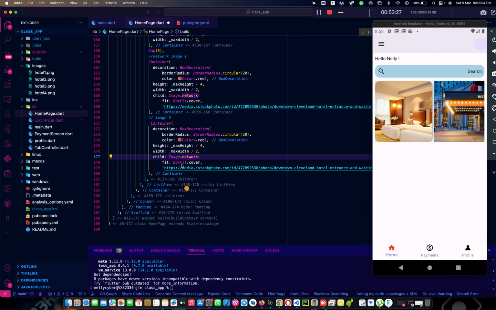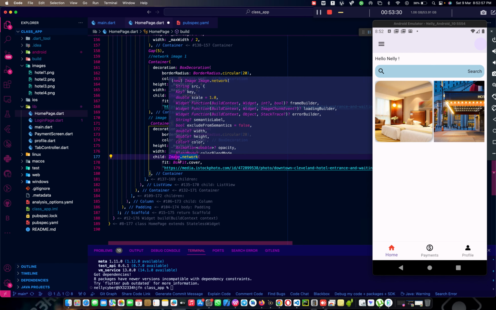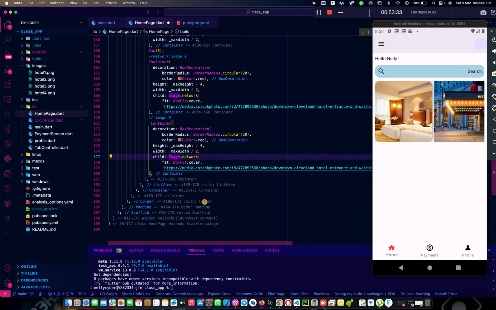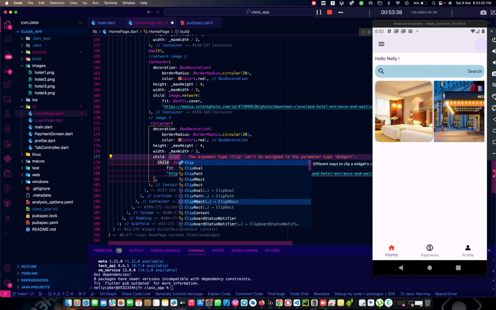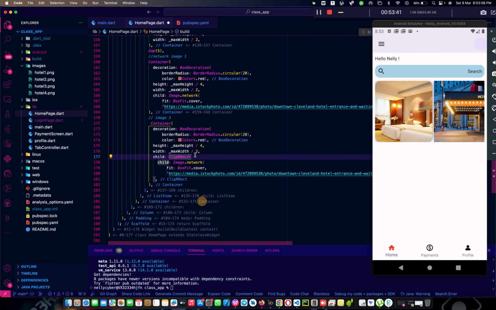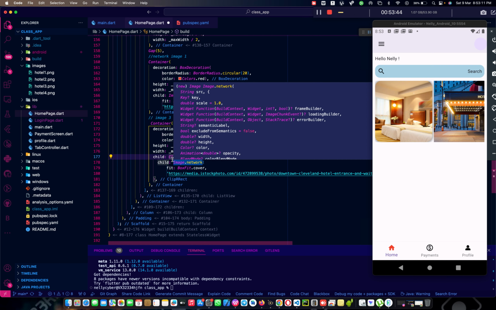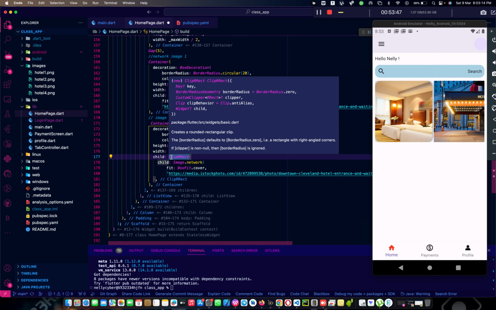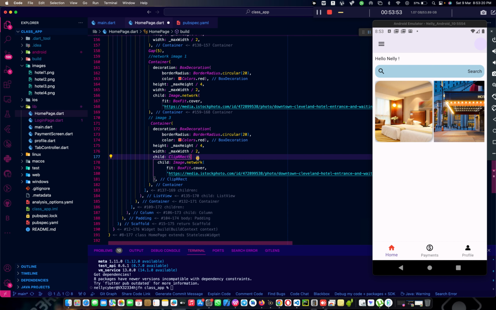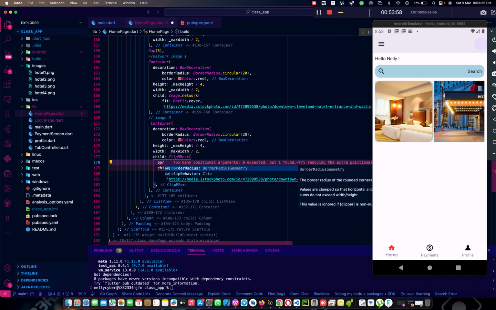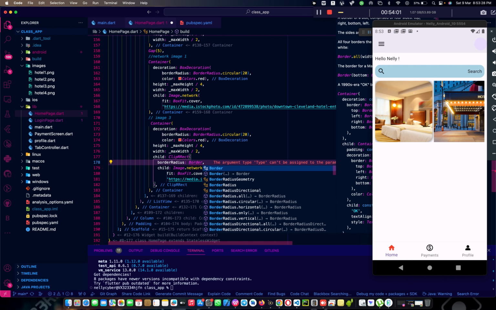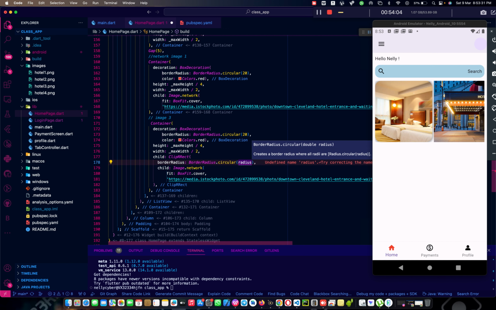Image.network as a child directly, we can actually wrap this into a widget called ClipRRect. What ClipRRect actually helps us, it helps us to give an appropriate border radius to any child we assign it to. So what we shall do, we shall give it the same border radius of the container, and we shall say BorderRadius dot circular, which is 20. So we shall resize it